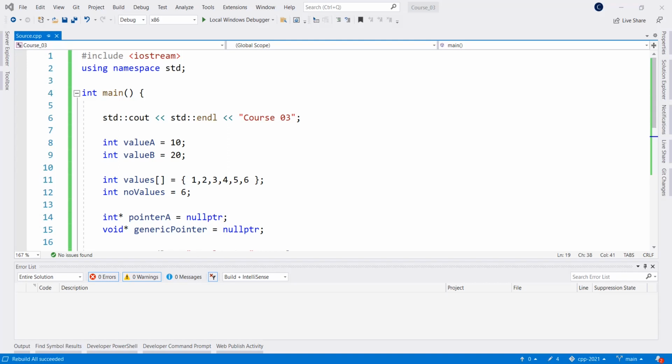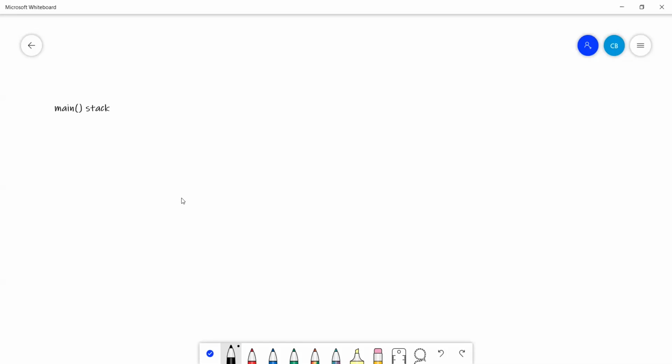This will be the main stack, okay? So the main stack is like a rectangle. It's just an area of memory, and it's called stack because it behaves like a stack. So you heard about the stack data structure. If not, you will do that next semester in much more detail. Why is it called the stack? Because this memory area behaves like a stack, which means everything that you add goes on top of